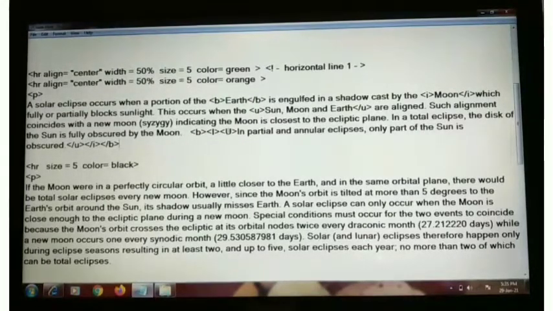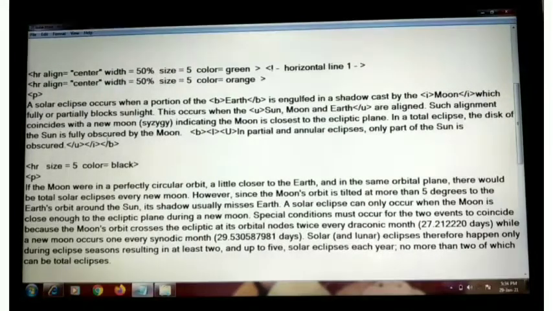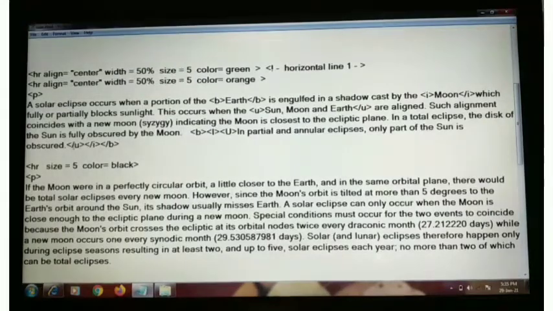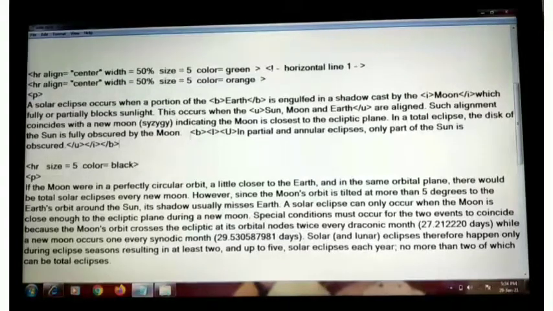So first open B, then I, then opening U. Then give the complete text. And after that close each. So the last opened must be closed first. Here which is the last opened one, that is underline. So that should be closed first. So innermost element must be closed first. What was the secondly opened element? I. That is closed next. Then first opened element was B. So it is closed at last. So this is the order.